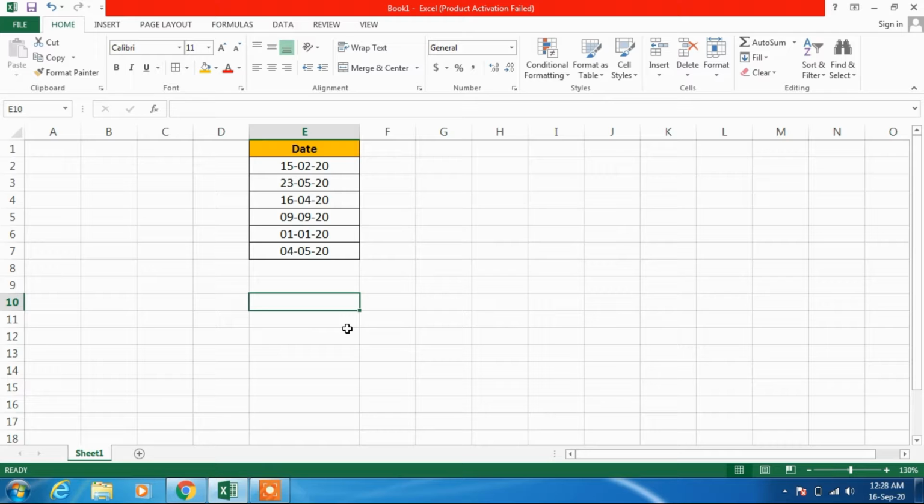Today I am going to show you how to change date format in MS Excel. So you can see that I have a date column here and it has some date values in it. The current format is DDMMYY. If you want to change the date format to DDMMYYY,